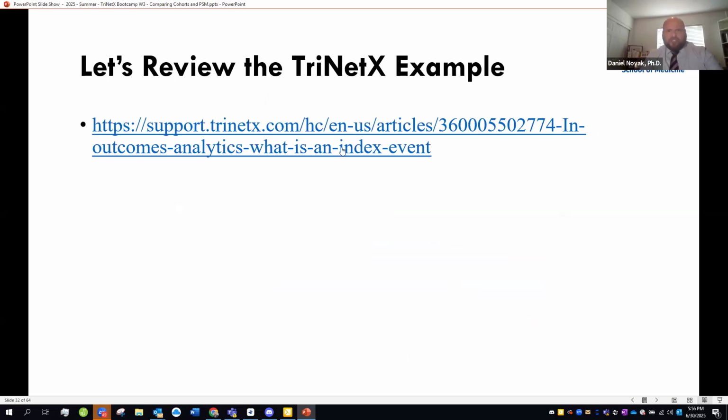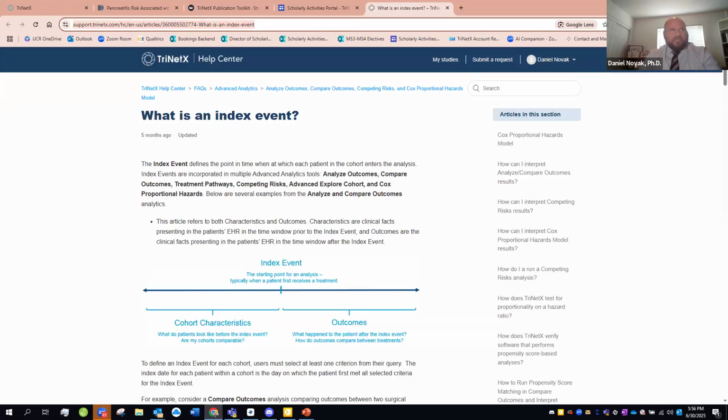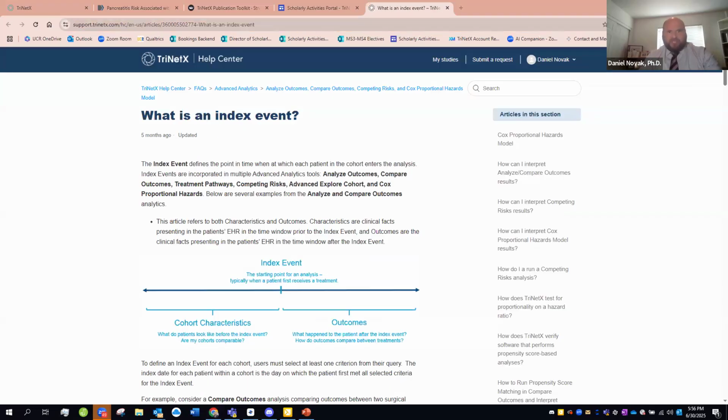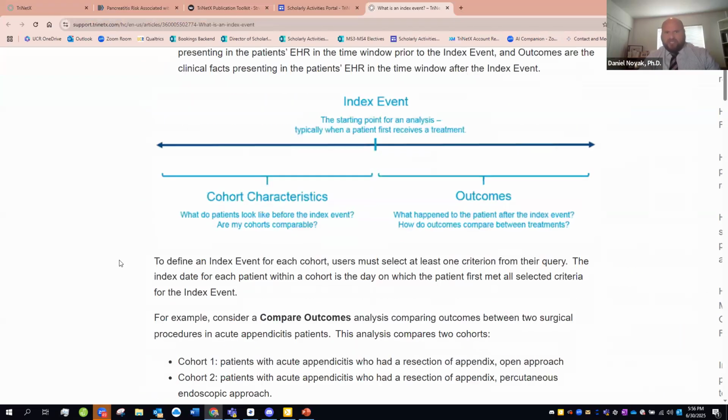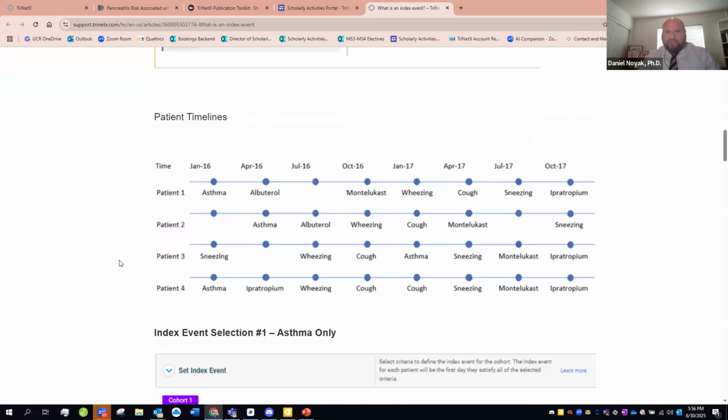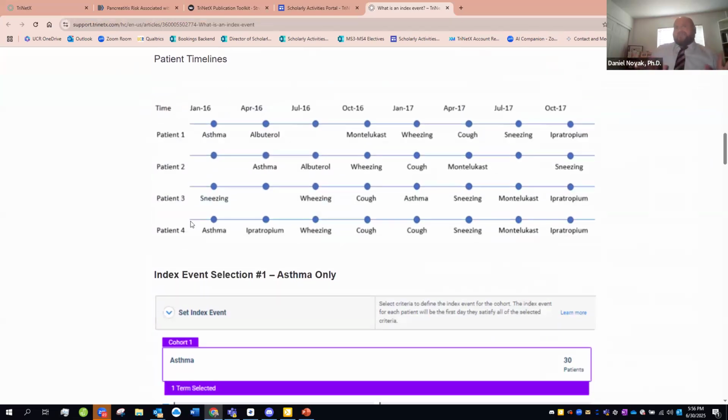I just want to show you this TriNetX example really quickly from their website because they do a really nice job of showing this graphically. I'm going to put this page in the chat in case you want to read this later, if you're still having trouble with the concept of an index event and how it impacts your analysis. But let me scroll down a little bit in here to show you this concept of a timeline. So what this is telling us is